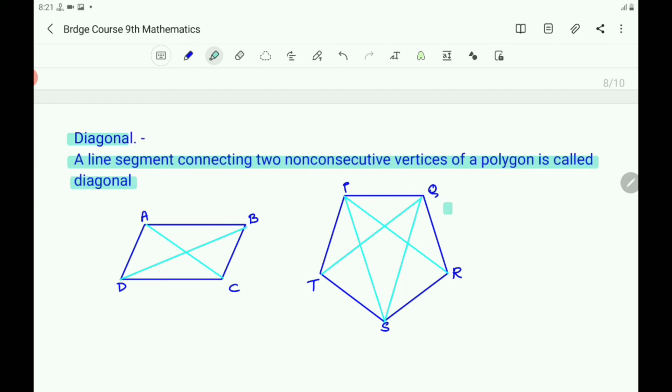Here you observe, here is a pentagon. Here 5 vertices are there, and all these are sides. The line segments joining consecutive vertices are sides, and the line segments joining non-consecutive vertices, they are the diagonals. Here you can get how many diagonals? Here one more diagonal you can draw. The square is having 2 diagonals, and this pentagon, here you know that it is a pentagon, it is having 1, 2, 3, 4, 5 diagonals.